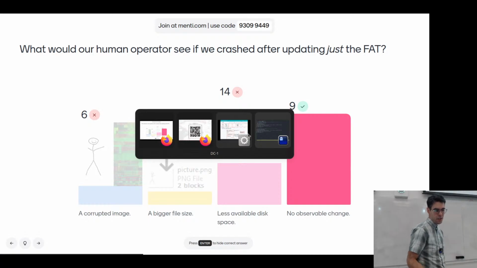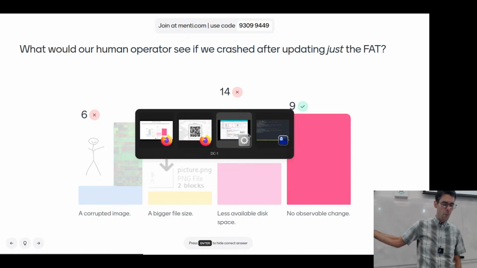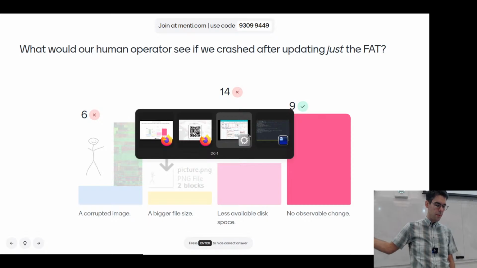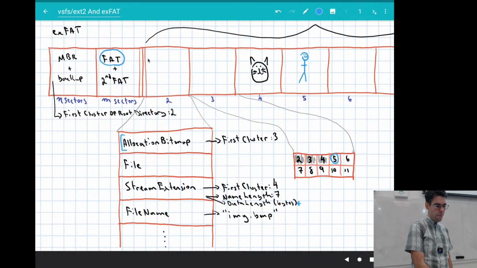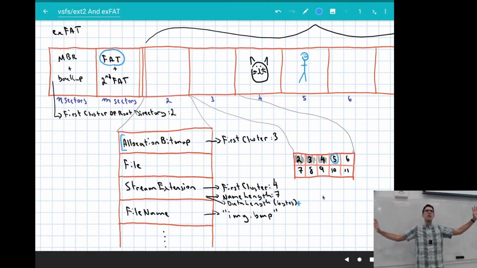We have an allocation structure here in the form of this allocation bitmap that's in a directory entry in our root directory that then refers to a cluster in the cluster heap that tells us which of the clusters are used and which are not used. The FAT and this allocation bitmap cluster are two fully separate things, and our OS is just going to use this allocation bitmap for representing disk space.